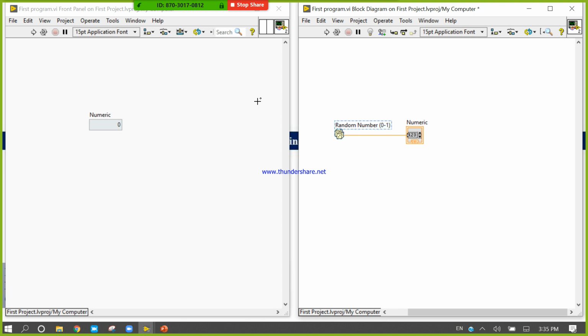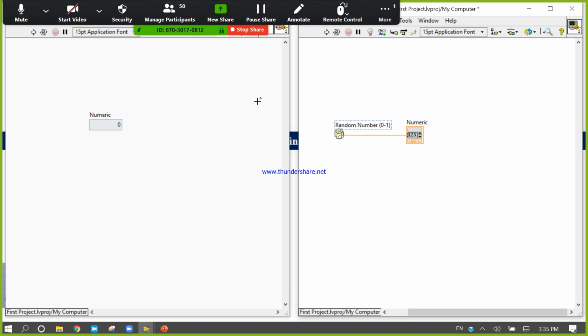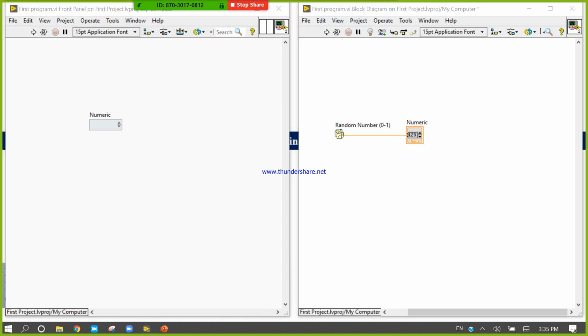You cannot predict the sequence of numbers, which number will come up. So whenever we design a program for a lucky draw, at that time we will use a random number generator.